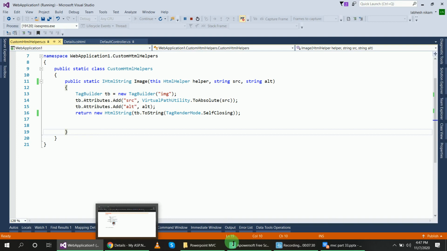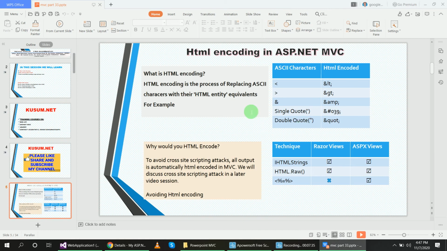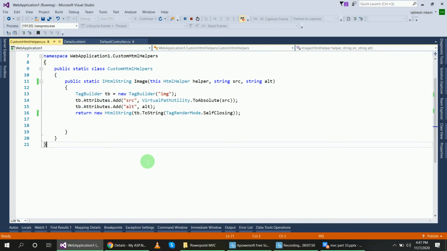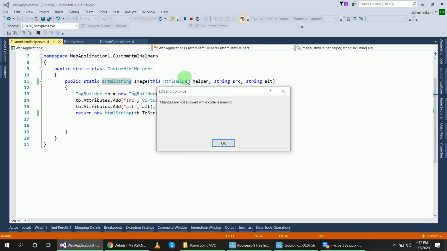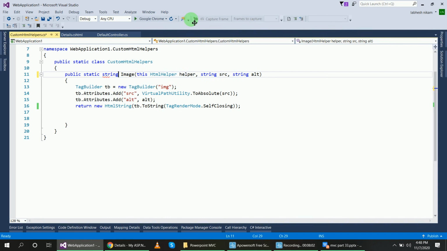I have shown the use of HtmlString, and now we will see the use of Html.Raw. I will change the return type back to string and remove HtmlString, keeping the brackets.